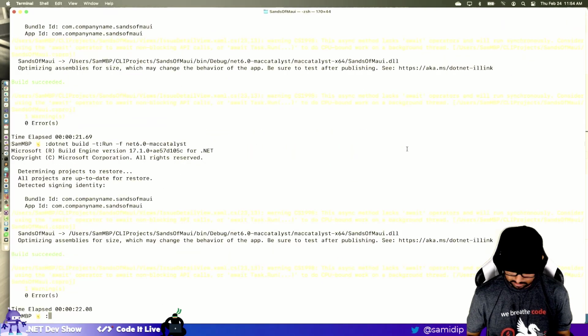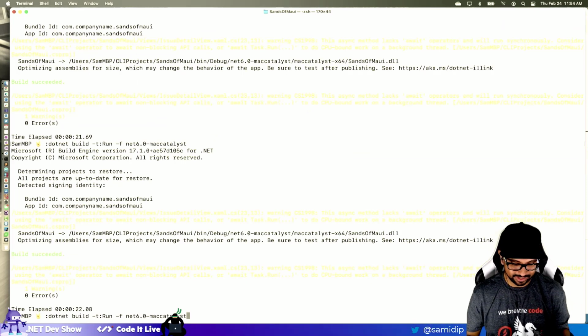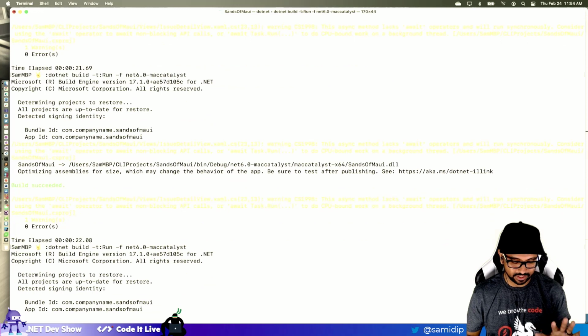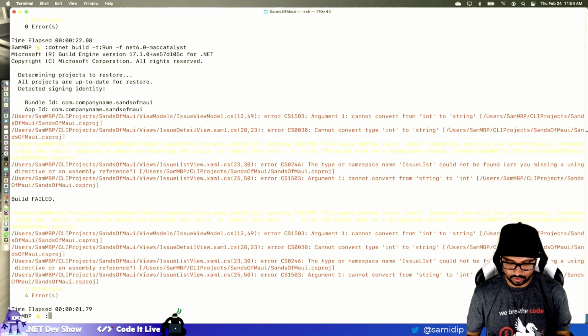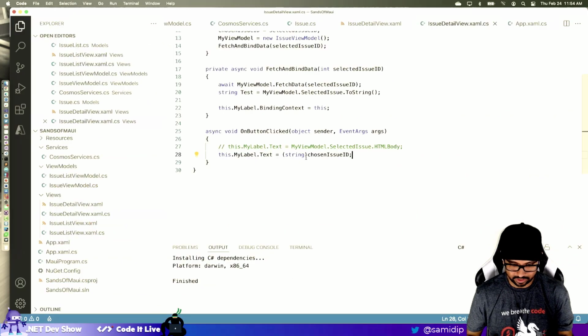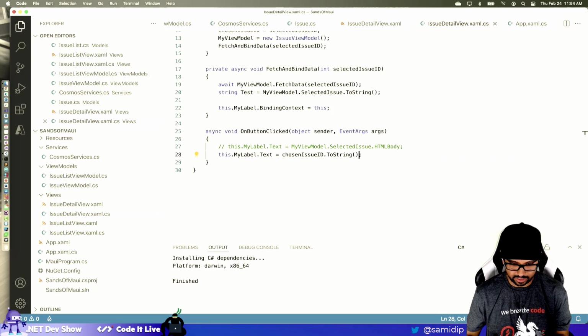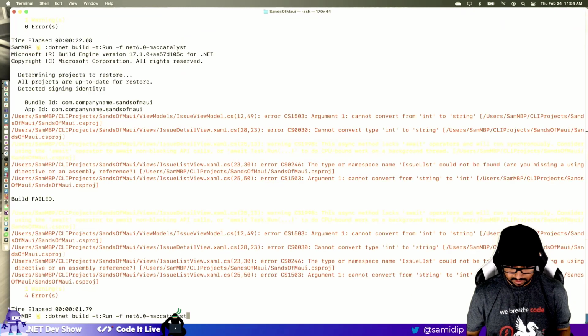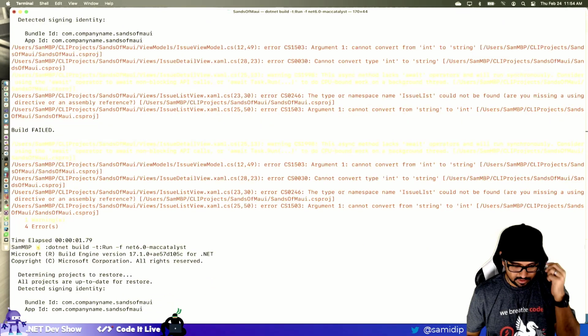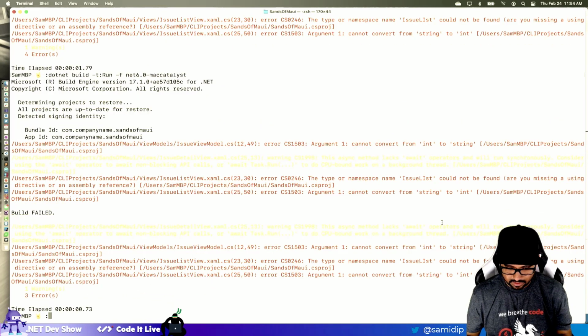I don't know. I can't debug. The compiler doesn't work very well with MAUI here, so I'm just hoping it compiles and then I can test. Oh, all types of errors. Okay. You don't need to yell at me like with red. That's what I was trying to do, but you didn't give me the option here, toString. Okay, how about that now? All right. What did I do now?